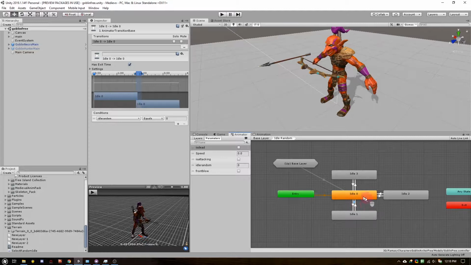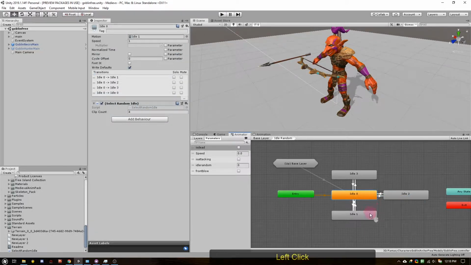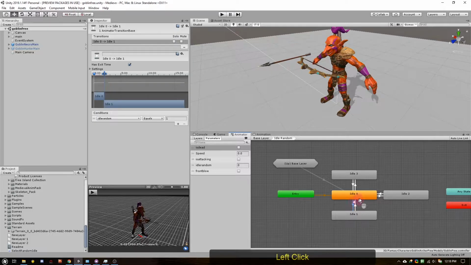That's fine. This is just adding more weight to this idle. So to do it, just click on make transition, just click back on the same state. I can't do it more than once, so that's all you got. Okay, and that's it. With that done, what's going to happen is